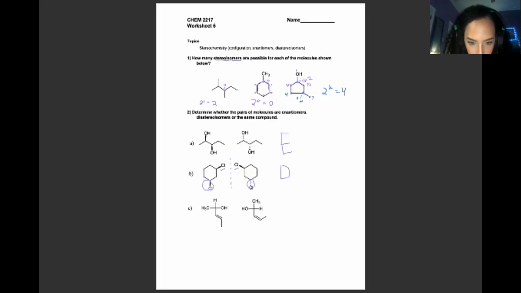All right. So right here, we can see that it's not. All right, we'll start at the OH, right? Okay, those are flipped. That's looking good. Maybe it's an enantiomer. So then we'll just go counterclockwise. So the H went from here to here. And then CH3, the CH3 and the H flip, like they rotated. And then additionally,